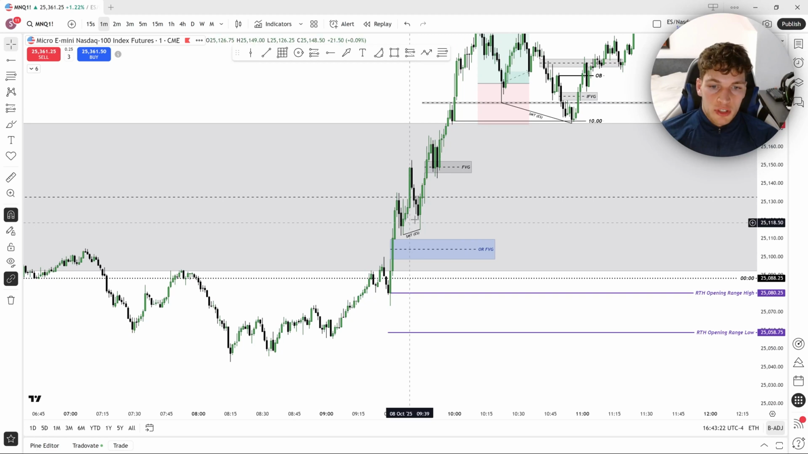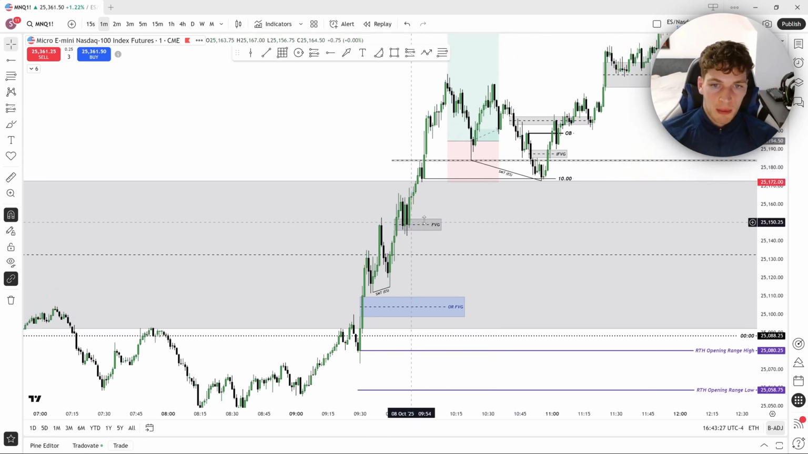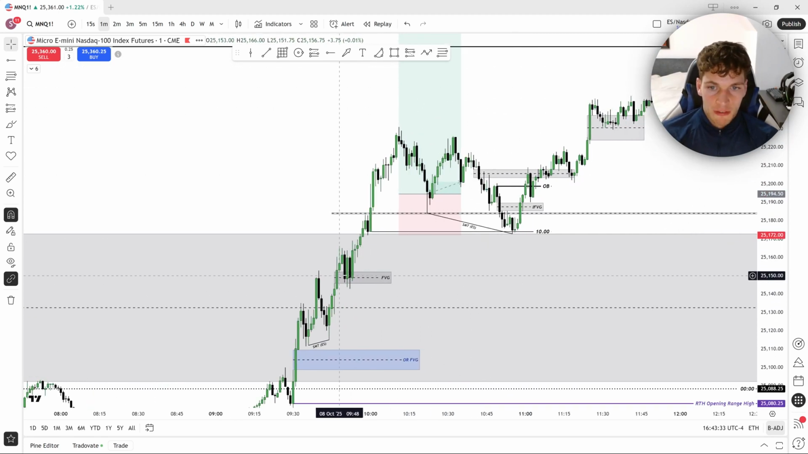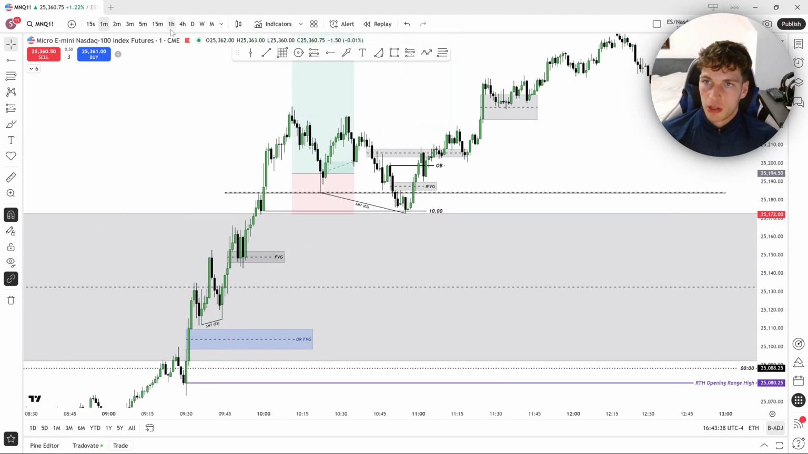So for me here, during this macro period, there was the first entry you could have taken on this fair value gap here. Put your stop underneath that swing low, and then obviously target the previous daily high. However, I missed that. I wanted to wait for the closure above this 1 hour fair value gap on the hourly,